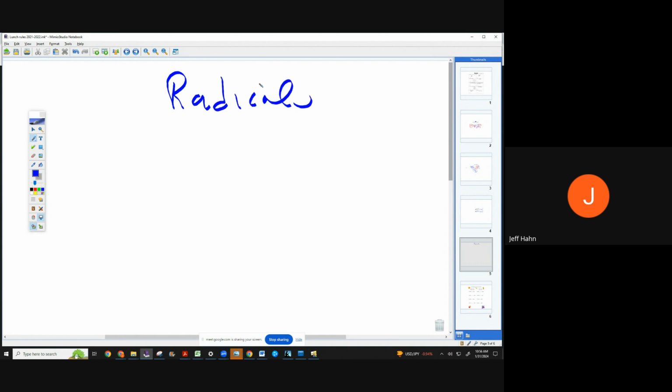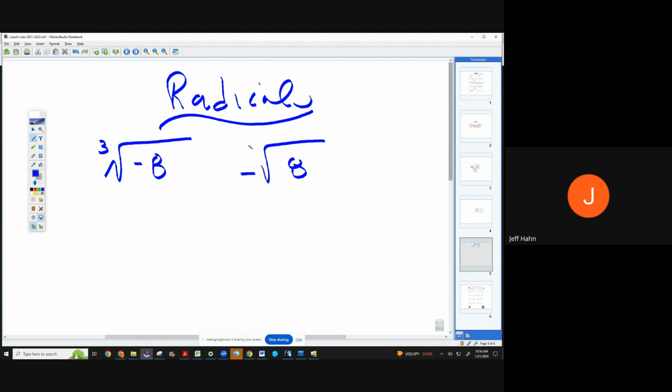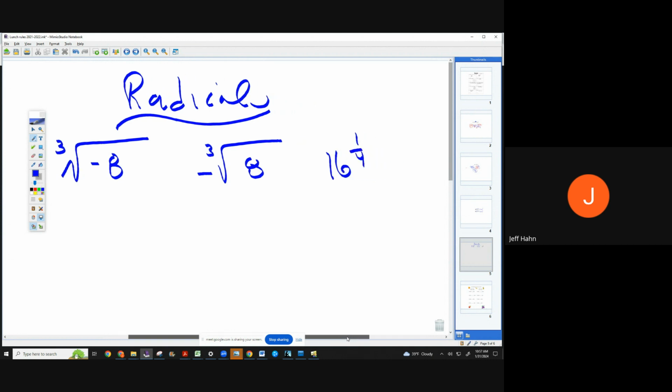Radicals. Here we go. Write down these examples. And I want to talk you off the proverbial ledge as best I can. Let's say you have the cube root of a negative 8. Let's say you have the negative cube root of 8. Let's say you have 16 to the 1/4 power. And let's say you have,